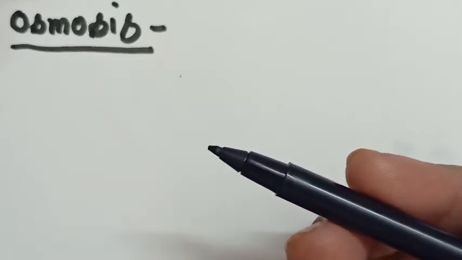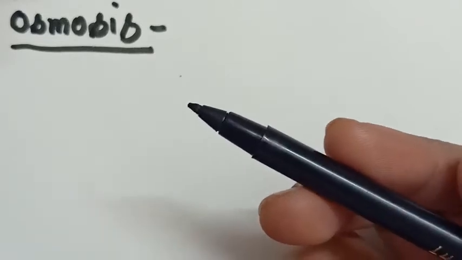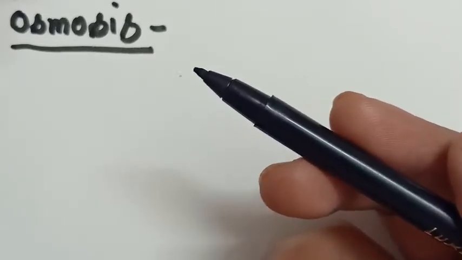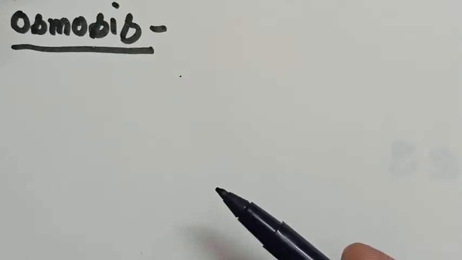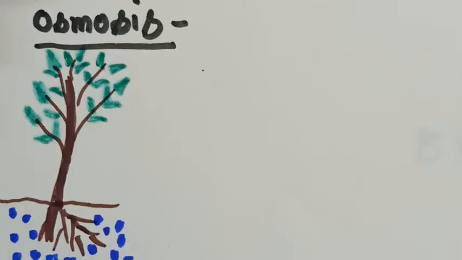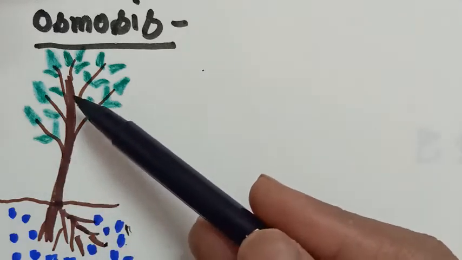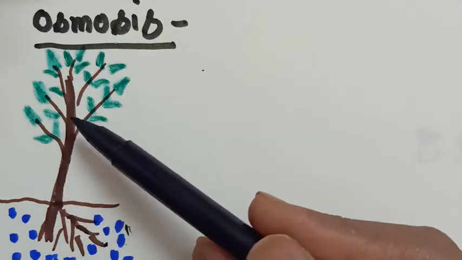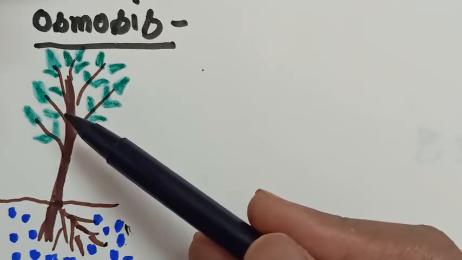We simply know that roots are the structure present in plants which absorb water from the surrounding soil. Okay, so student, like this, water molecules are present inside the soil and they get absorbed by the root of the plant. Then this root sends it to the other parts of the plant, or you can say the upward part or aerial part of the plant.